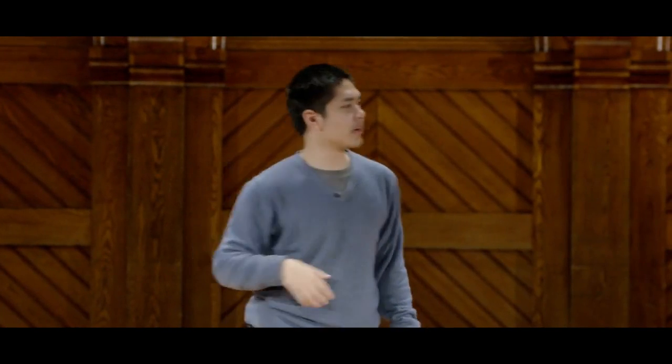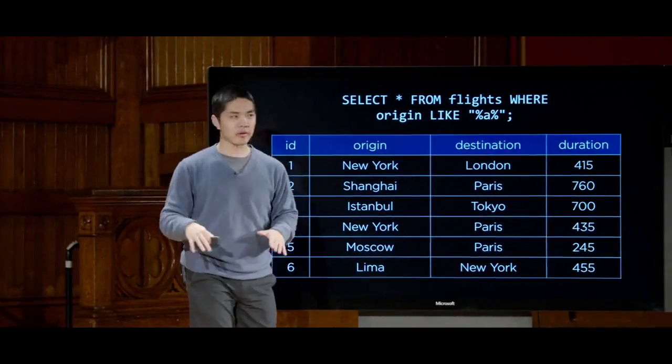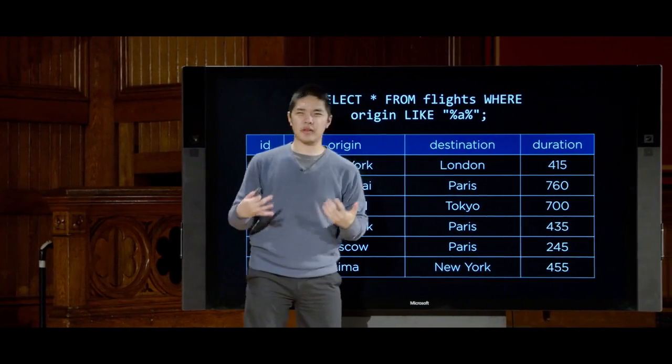So you can begin to construct more sophisticated queries that are able to check for whether an origin is in a list of possible values, or even if it matches a particular pattern. Maybe you know that one of the columns looks a certain way or is formatted according to a particular structure, but you don't know exactly what the value is. I could run a query like SELECT * FROM flights WHERE origin is LIKE, and then in quotation marks, I have a bit of a strange expression,